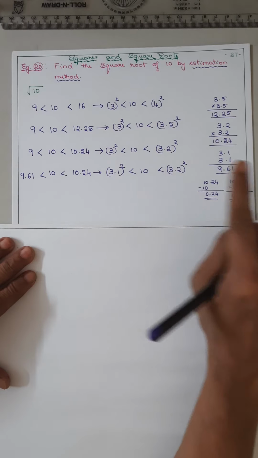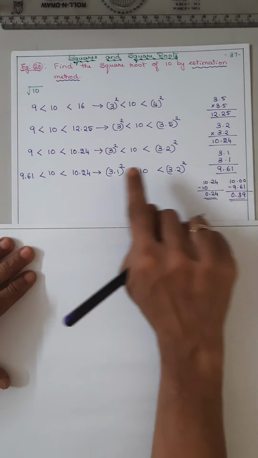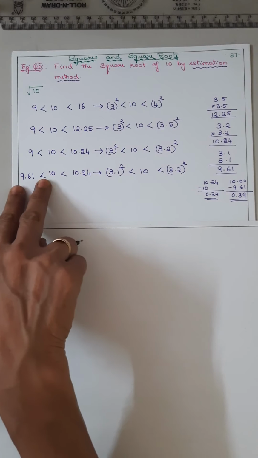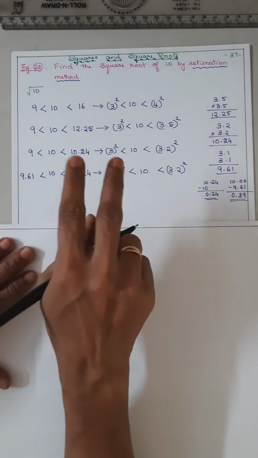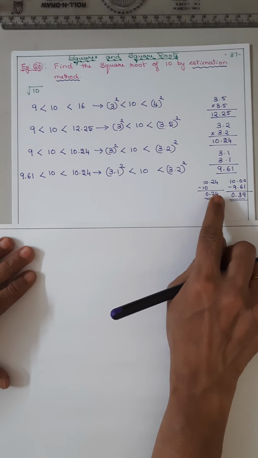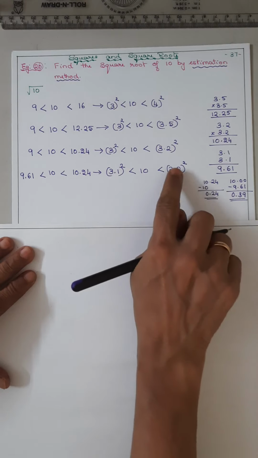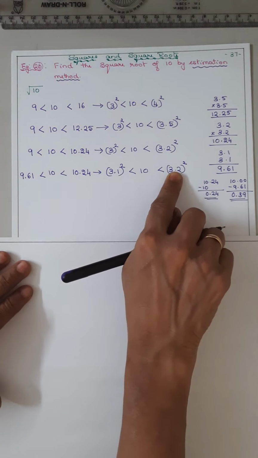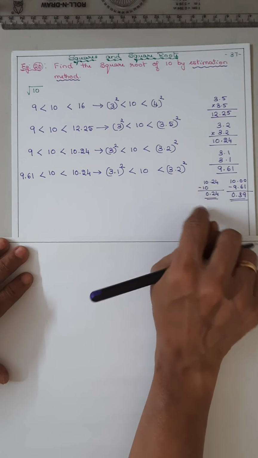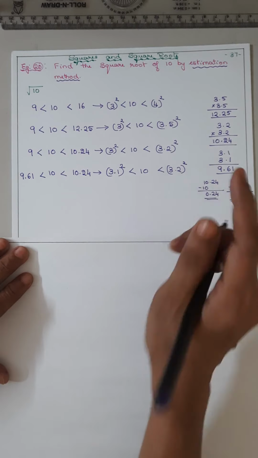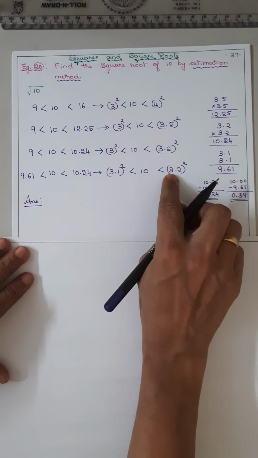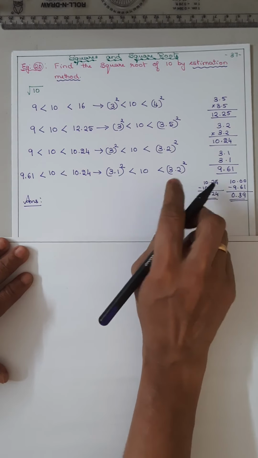सो क्या करने का है? 10 एंड जो नंबर ये और इसका डिफरेंस कितना देखने का है. पहले इसका डिफरेंस देखो और इसका डिफरेंस देखो, कौन नज़दीक है. सो इट इज 10.24 इज नियरेस्ट. मीन्स 3.2 is the approximate answer. मतलब इसका स्क्वायर रूट क्या है? 3.2 है ना, 10.24 का. So right answer, because 3.2 square is nearest to 10, we are writing that.